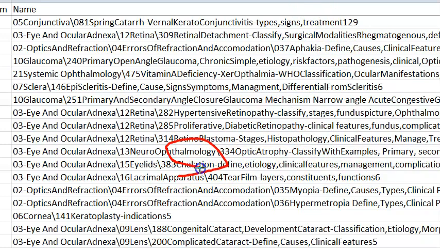Then coming to chalazion, you should know what it is. Basically, it's an inflammation of the meibomian glands. It is usually sterile. It will not have an organism. Tear film layers, you have 3 layers. You have the outer lipid layer, then the inner mucus layer, and in the middle the aqueous layer, which is coming from the lacrimal gland, isn't it?